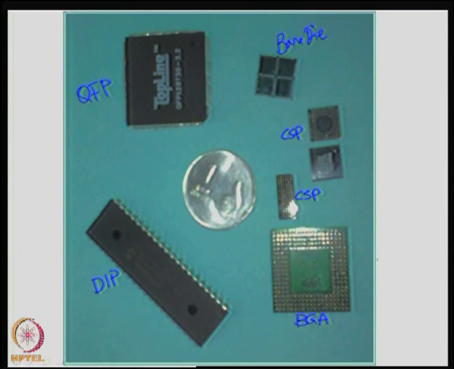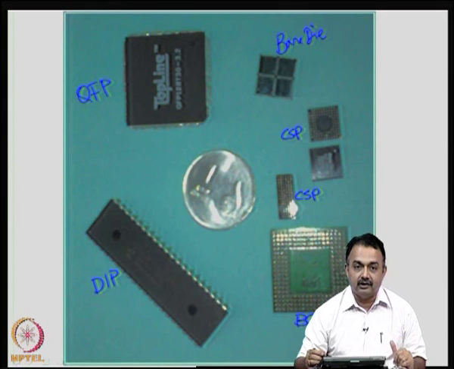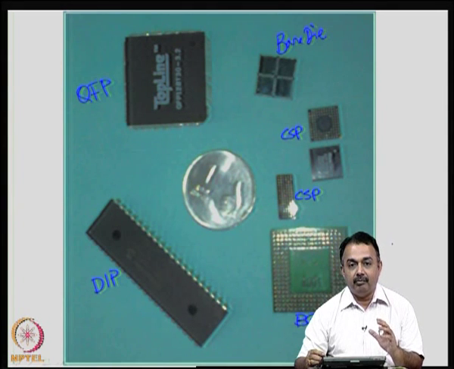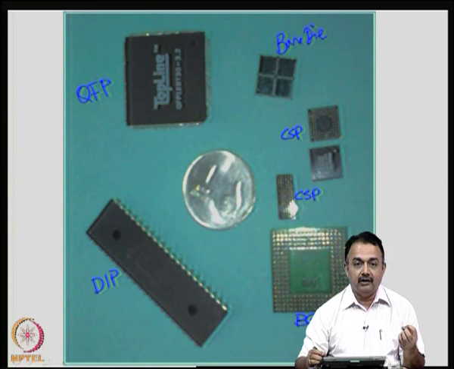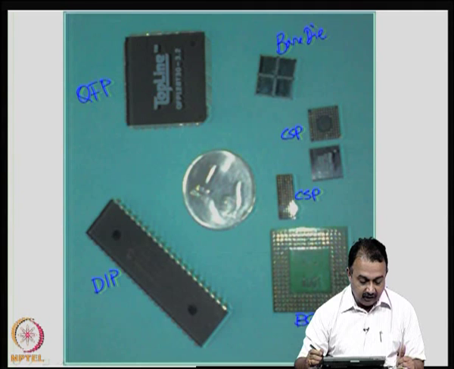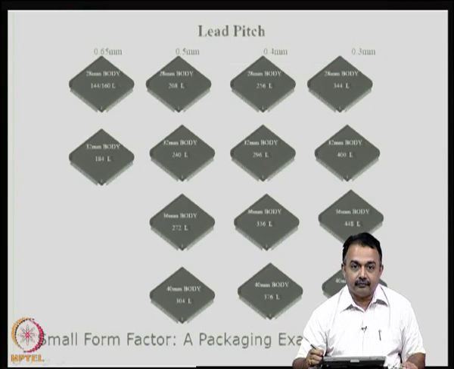So, you get a very good idea about shrinkage in sizes, but at the same time shrinkage means high density, high performance, and sometimes vertical integration in terms of number of layers of interconnect. So, these are all the features of the package at the board level. So, from the first level we are trying to see how we are integrating these devices at the board level to make it a high density interconnect structure.